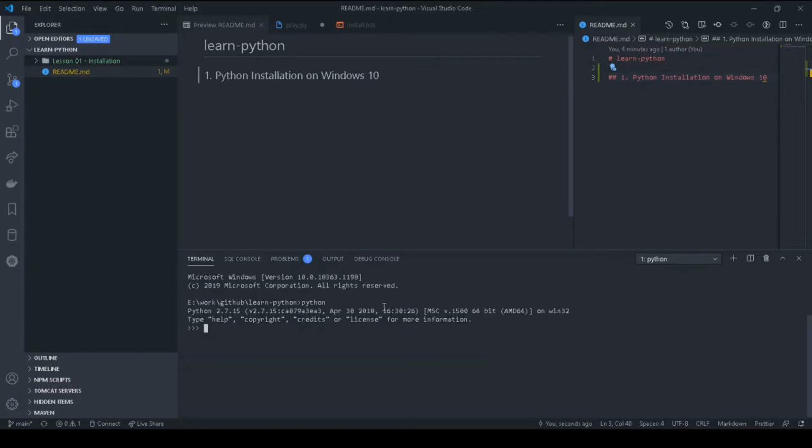But now if I have to access my latest version, here is the way to access it. Let me exit from here first. Yeah, here we go. So this way we can access our latest version. Now our environment is ready for development.